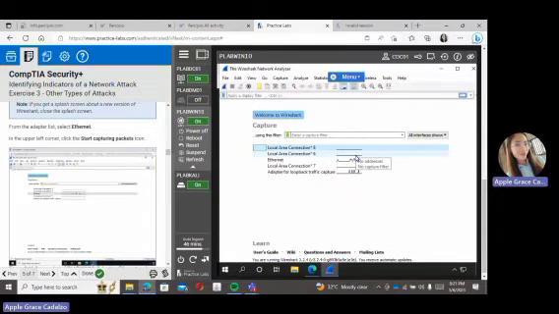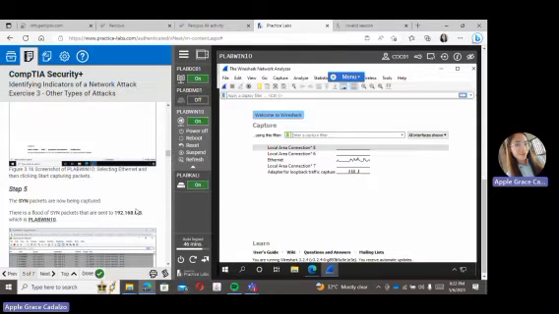Start capturing. The SYN packets are now being captured. So there is a flood of SYN packets that are sent to